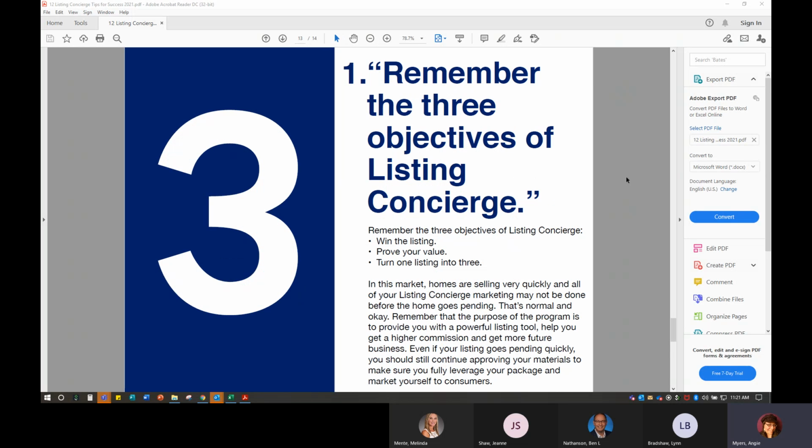And then remember the objectives. So we do have those 3 very clear objectives. It's always to win the listing, to beat out the other agents. We know how competitive this market is, crazy right now. And it's still very, very competitive. Proving your value. Again, when you're coming in and you're sitting on a listing presentation and you're letting someone know,